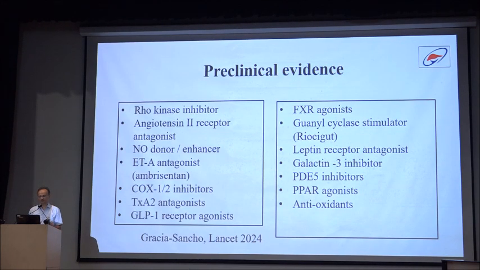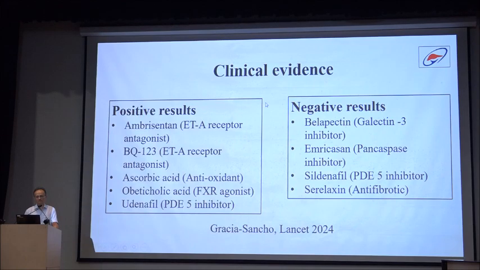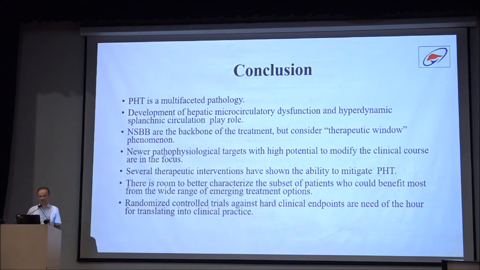As of now, there is some preclinical evidence for the positive effect of Rho kinase inhibitors, angiotensin II inhibitors, other nitric oxide donors, and endothelin antagonists. And there is small clinical evidence of the positive effects of endothelin receptor blockers, ascorbic acid, FXR agonists, and phosphodiesterase 5 inhibitors. And some of the studies have been negative as well, but these are very small, little evidence as of now. So to conclude, portal hypertension is a multifaceted pathology, and the development of the hepatic microcirculatory